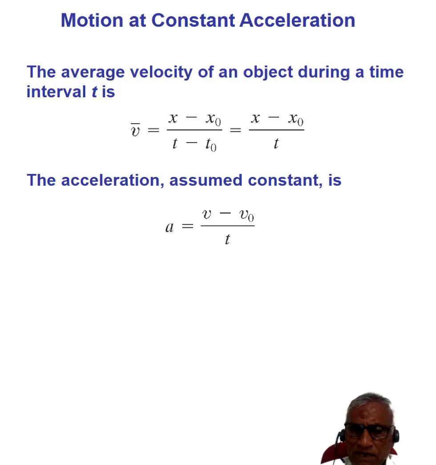That means we are considering constant acceleration, which is v minus v0 by t. So we can take any two velocities and divide by the time between those two, then we will get constant acceleration. So this is average velocity, and this is the acceleration. Okay. So now the average velocity can also be defined as